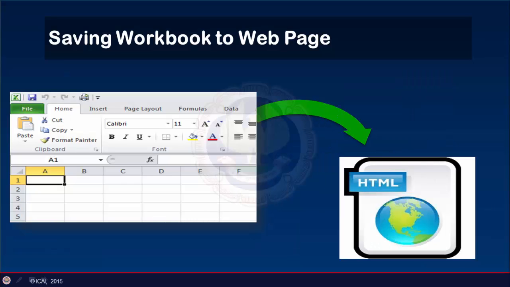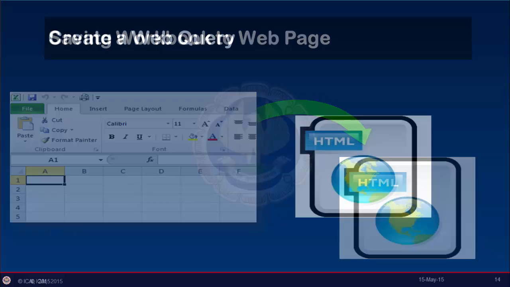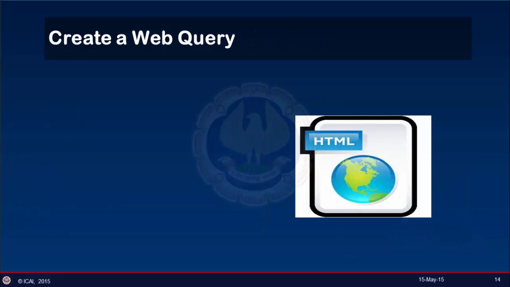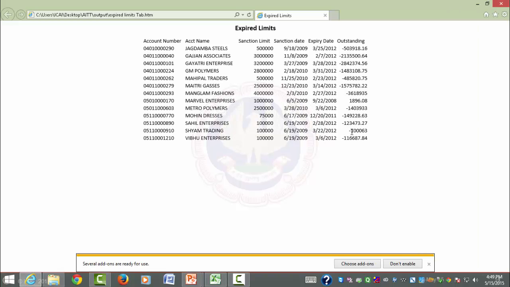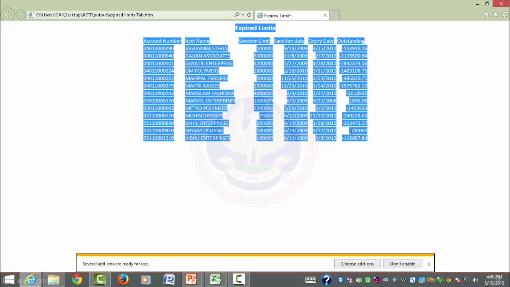And next we'll understand how we can create a web query out of a web page. So in this process we'll be creating a web query out of the web page. Now for this let's open a web page which we've already created out of the data. In this page we have got data which we had already exported from Excel. On the web page we first select all the data using Control A, and then using Control C we'll